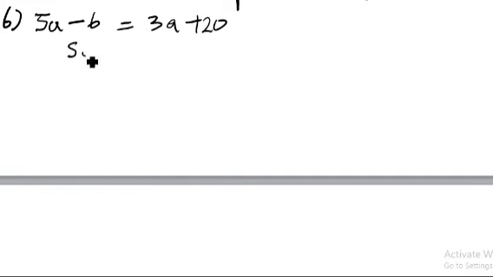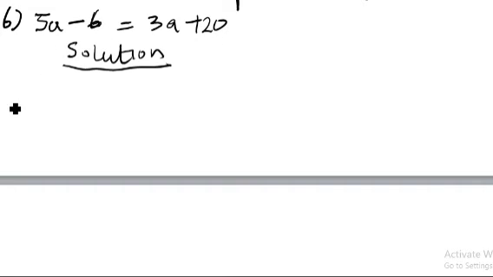Solution. We have 5a and 3a, the same variable in different sizes, or different coefficients. So let's solve. Here I'll move the smaller one to join the bigger one, and move this smaller one to